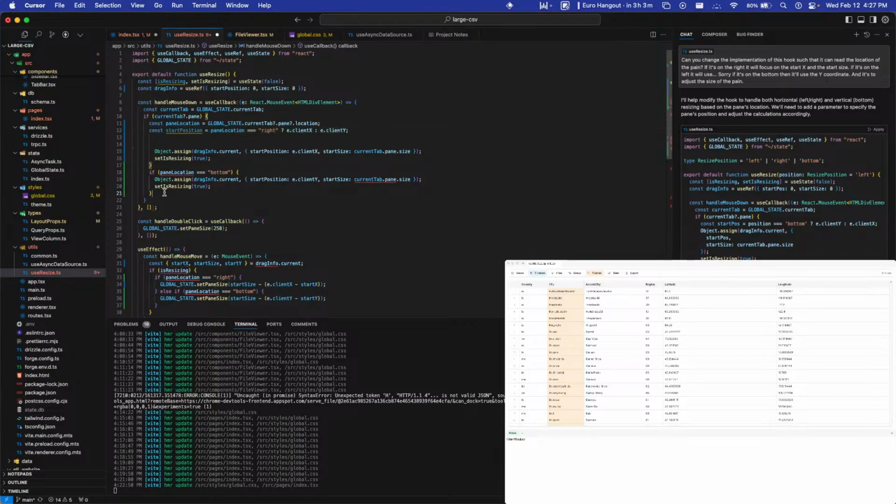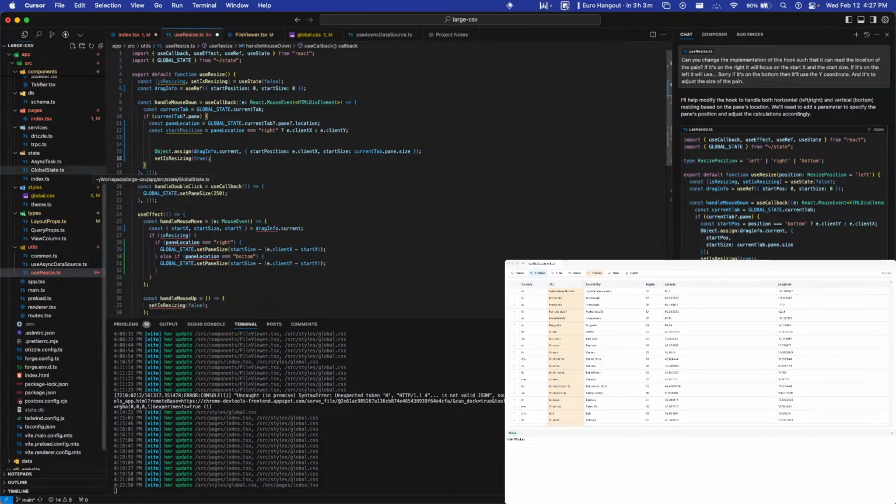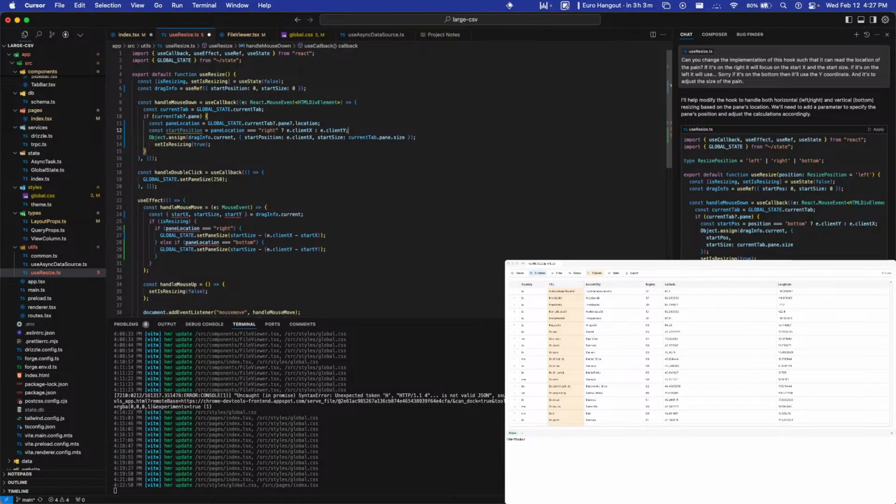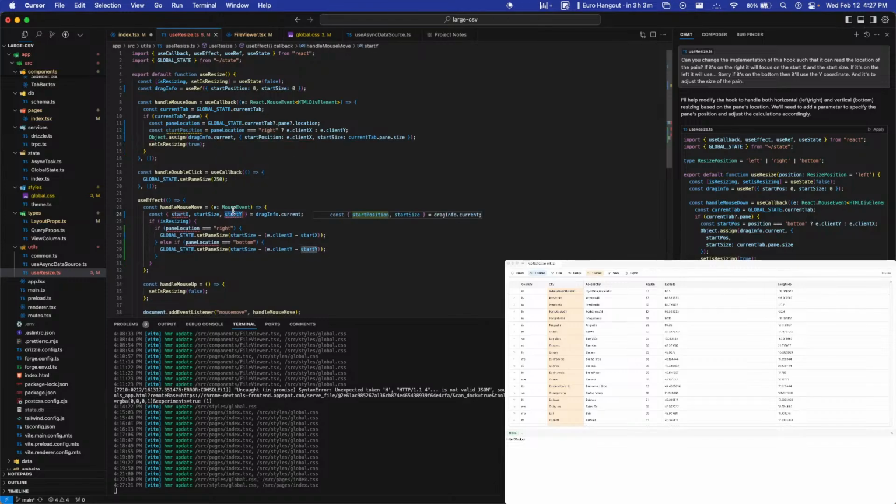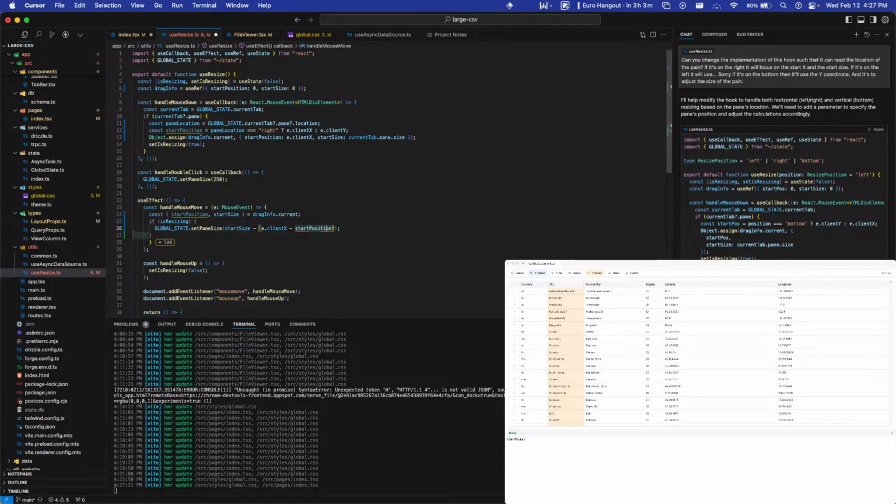And then you can have this logic all just sit here, and then this here. See, I didn't even need Claude. You can just have this, but